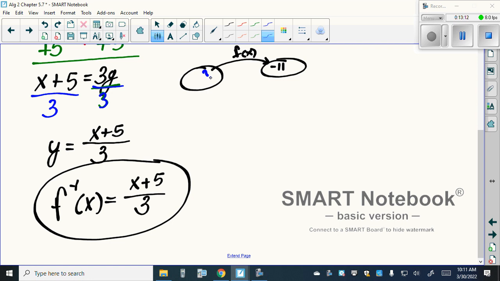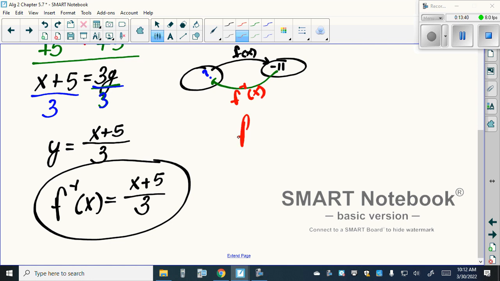So the inverse function is going to take negative 11 and bring us back to that value. That's all we're finding. What it's asking for, the output value is negative 11. What's the input for our general function? But for the inverse,